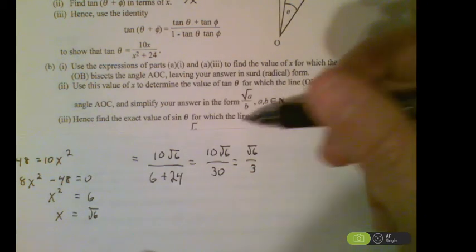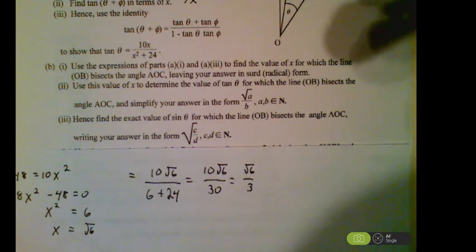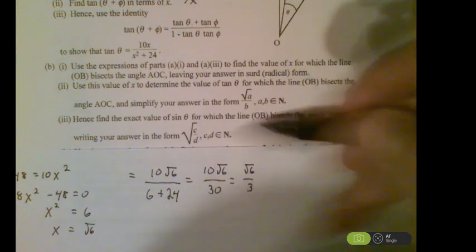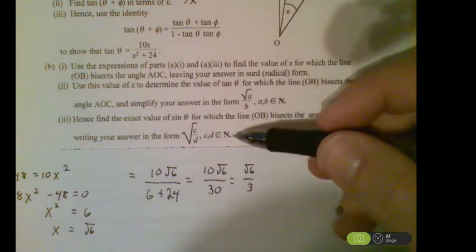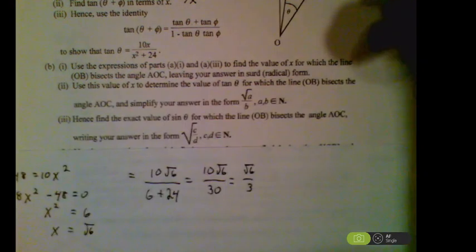So find the exact value of sine theta. There we go. And then again, leave our answer in that form right there. So really important that we do that. C and D are elements of the natural number system. So we've got to make sure that we have natural numbers in place. So since tan theta equals root 6 over